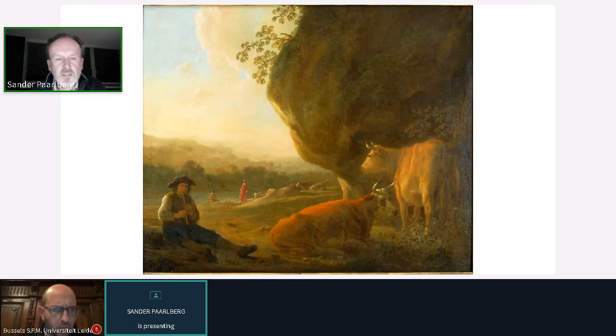And that is this painting of a piping shepherd. And it shows two cows also in the same colors as in the painting by Gainsborough. And it's very nice that these paintings were together in the collection of the Duke of Bridgewater for a long time and are now again reunited in the collection of the Dordrechts Museum and will be shown in the exhibition as well next year, together with other